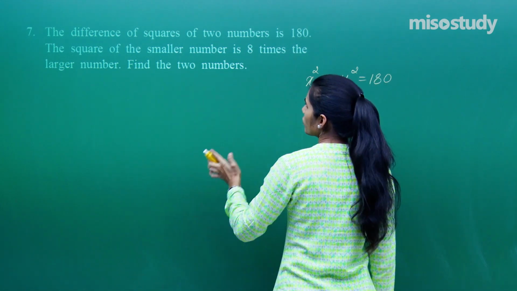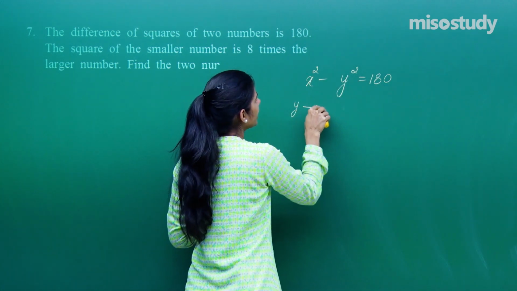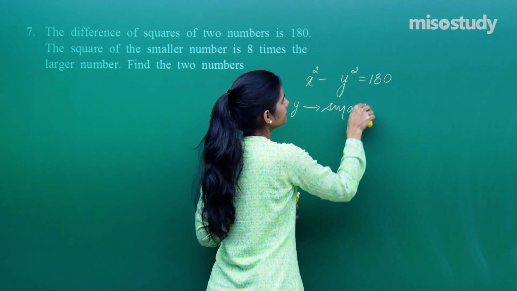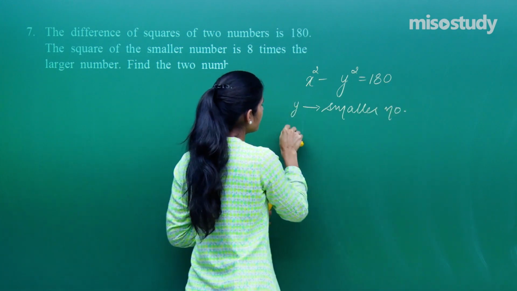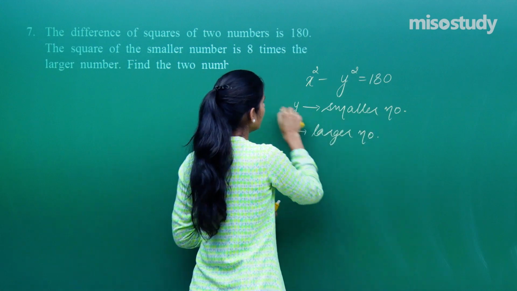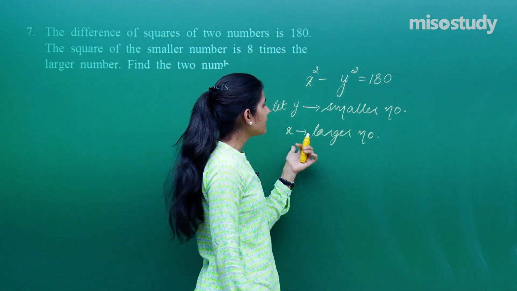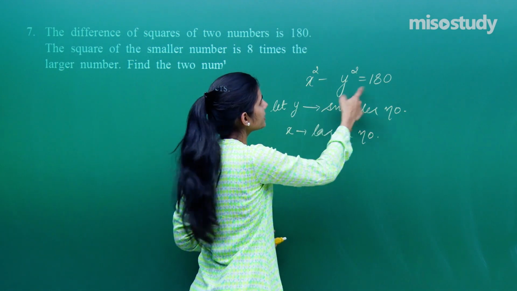Then it is given the square of the smaller number is 8 times the larger number. So I am saying let y be the smaller number out of these two. So obviously x is therefore the larger number. I am just letting one number be smaller than the other. So say y is the smaller number, x is the larger number, such that x square minus y square is